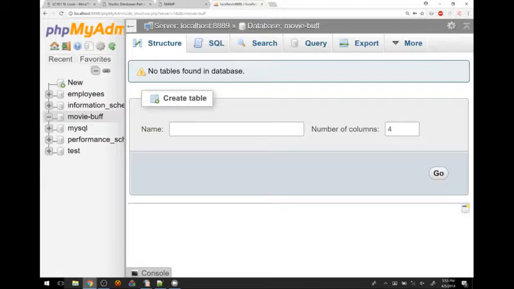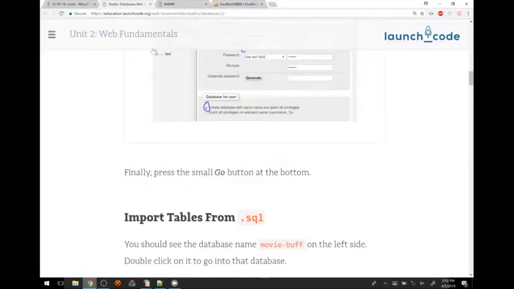There's no information. So there's a couple ways we could fix that, right? We know how to create tables. We can write those statements. We know how to insert new information. We know how to write those statements. It takes a long time. It takes a really long time, especially if we want any significant amount of information. So what we're going to do instead is use some information that's been provided to us.